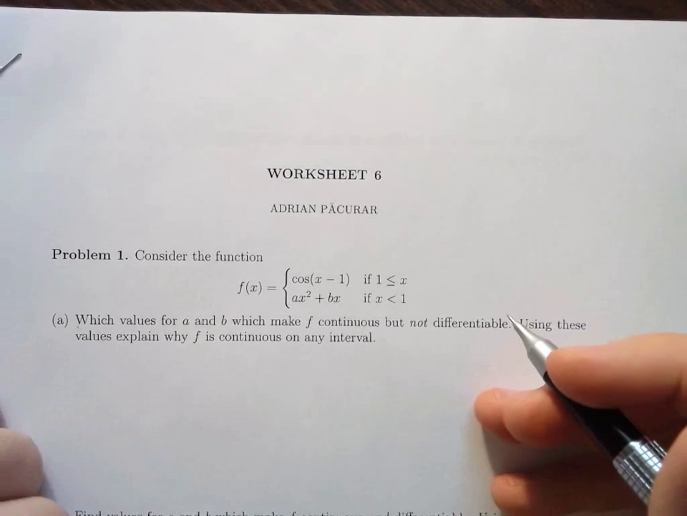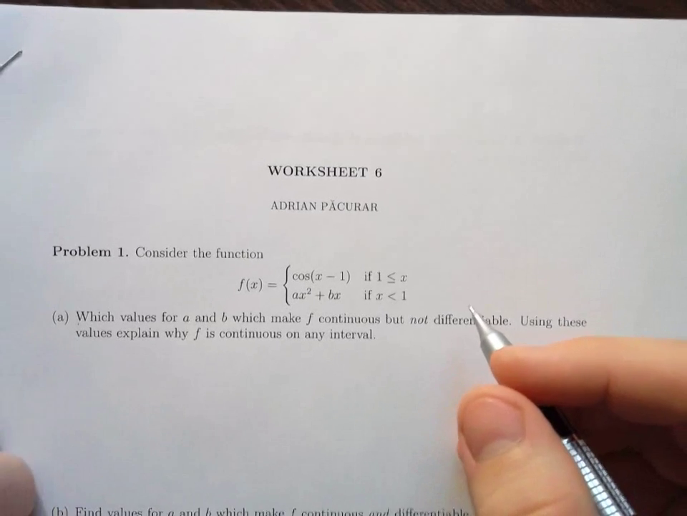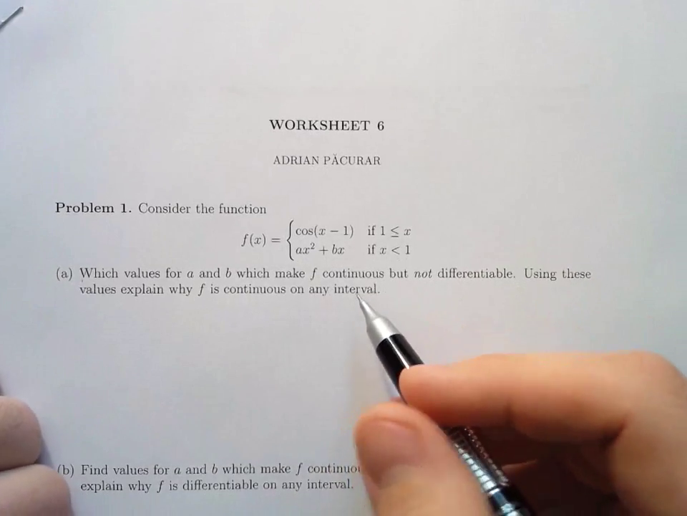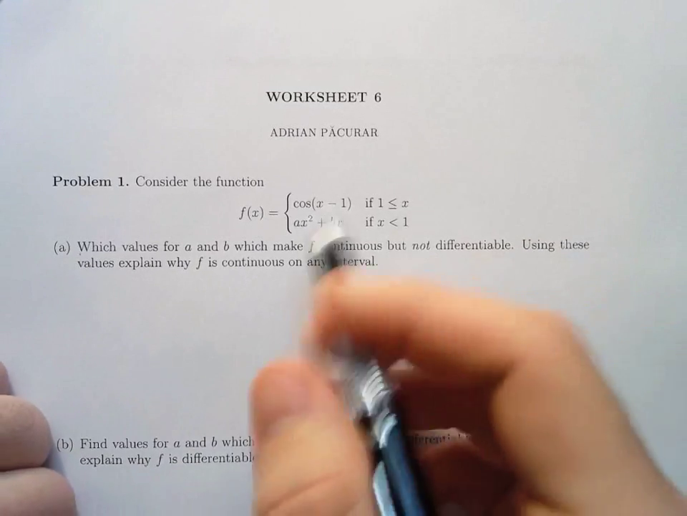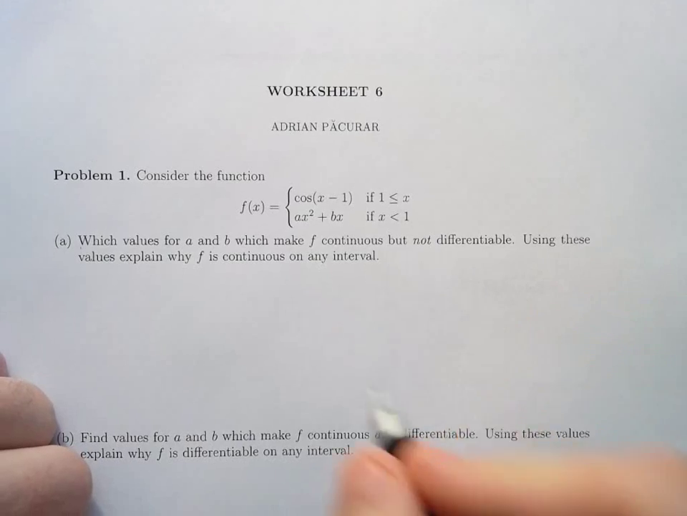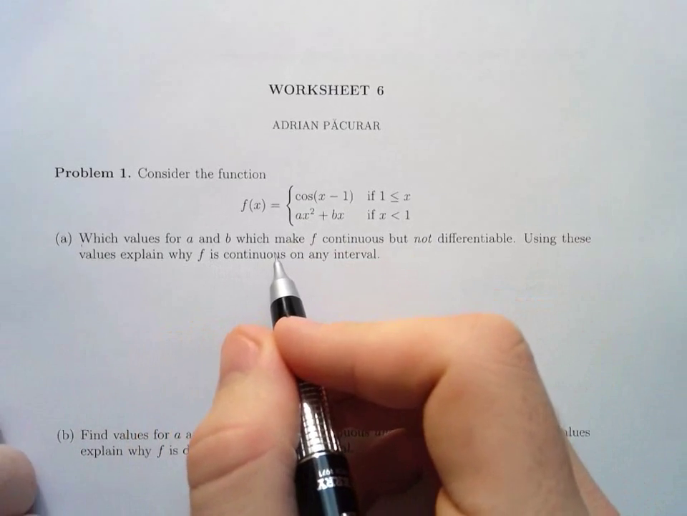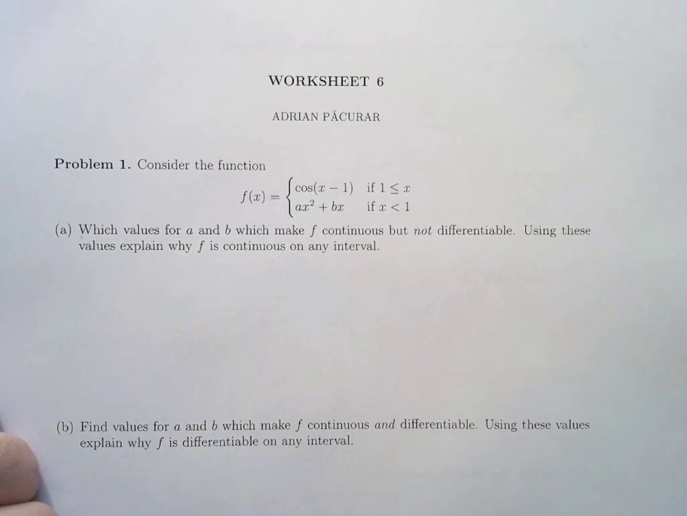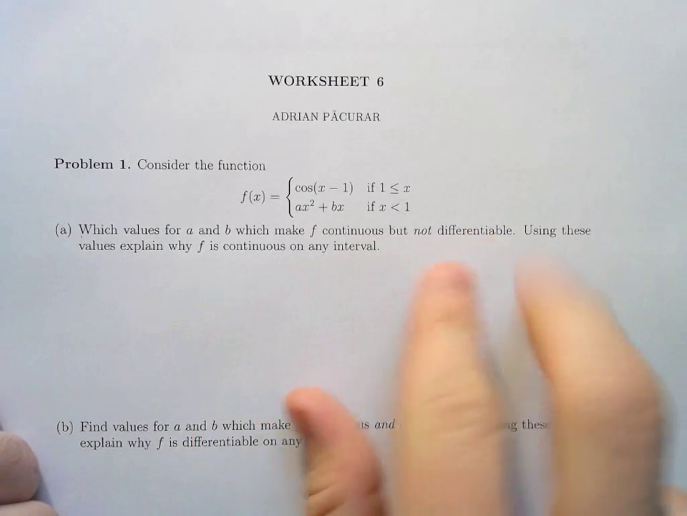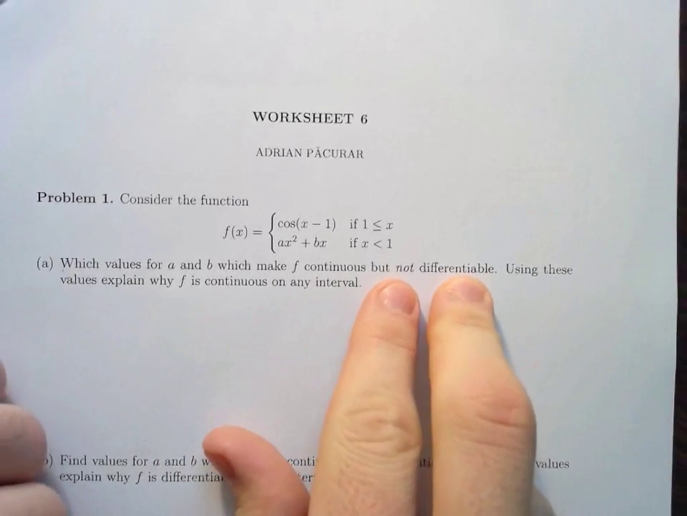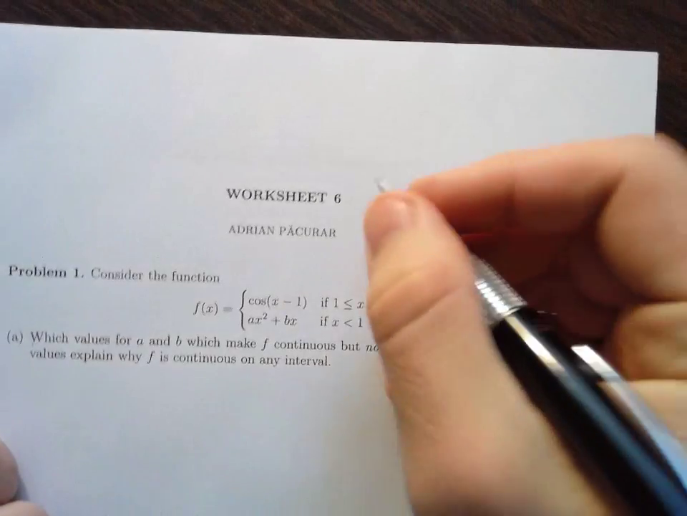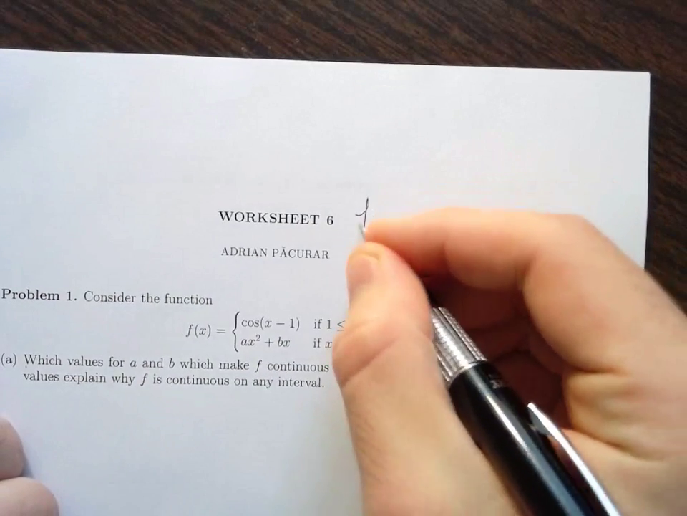Here are the solutions for worksheet 6. And for the first problem, this is right off of the exam, except the function is a little bit different. We need to figure out the values for a and b that are going to make our function continuous but not differentiable. So we actually need to first compute a derivative of f,